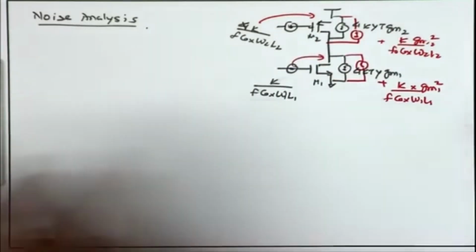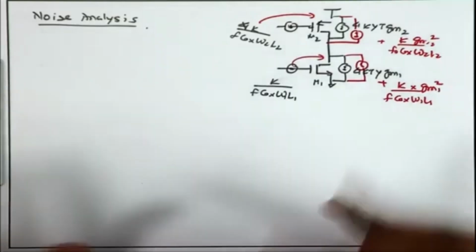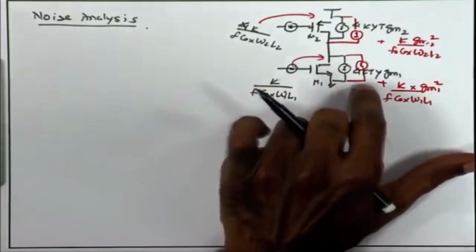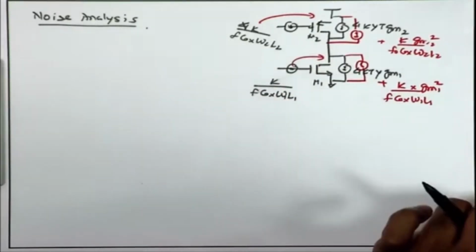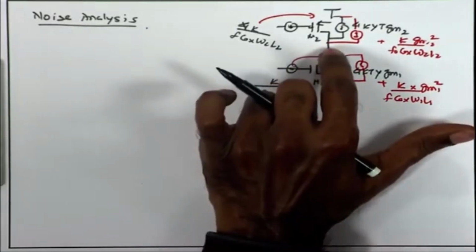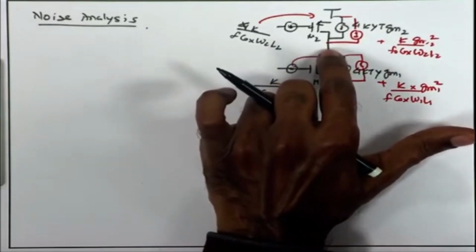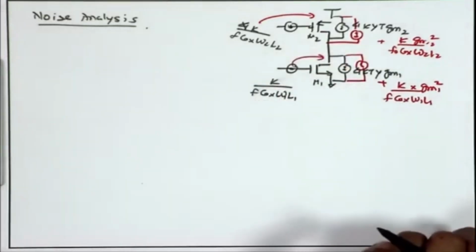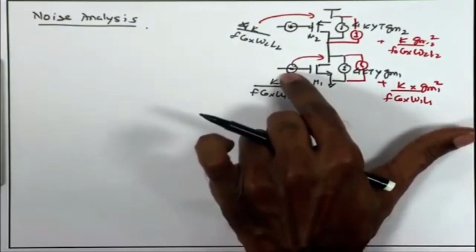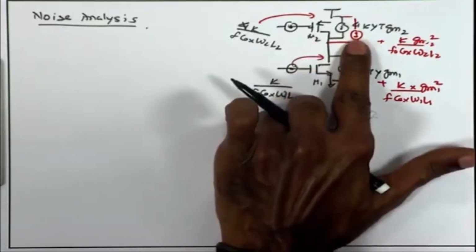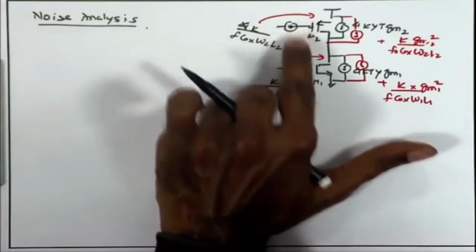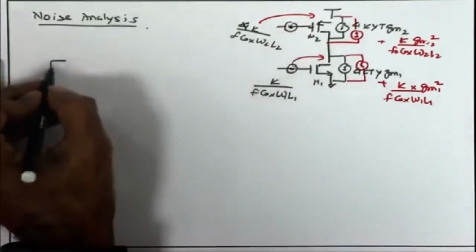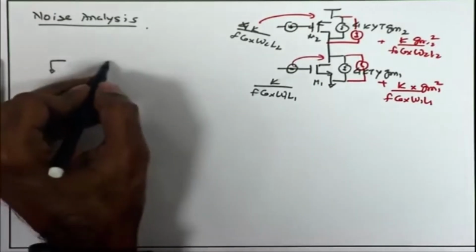And now, if I look at the small signal, even without drawing the small signal, I can find out what the small signal voltage is, because if these are the total small signal currents flowing between drain and source, in the AC analysis what are we going to get at this node? We are going to have the small signal resistance of these two MOSFETs M2 and M1 coming in parallel, just like we did in the previous case. So, since we have reflected these noise voltages on the drain side in the form of current, these two become AC ground. So, at the input side of M1 I can just put an AC ground over here,